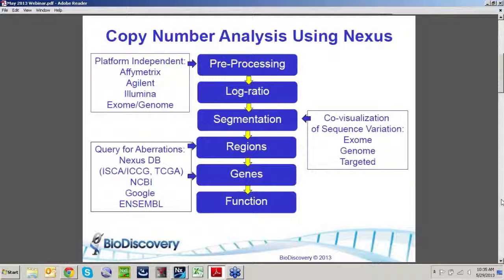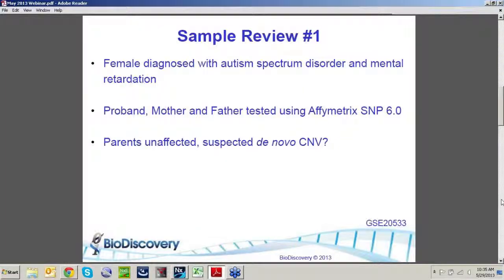Okay, so I'd like to now take you through a live demo of Nexus with our first sample review. Sample number 1 is a female that was diagnosed with autism spectrum disorder and mental retardation. The proband, mother and father were tested using Affymetrix SNP 6.0 array. Because both of the parents were unaffected and other family history,